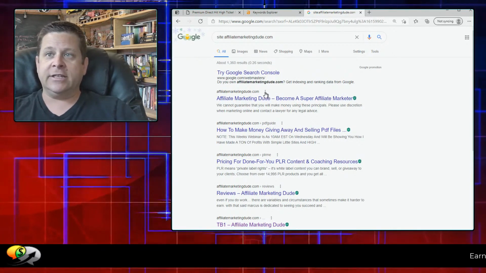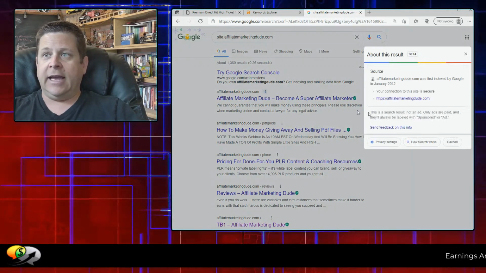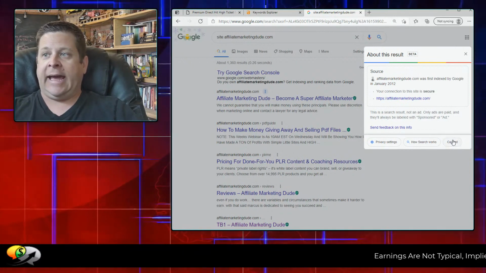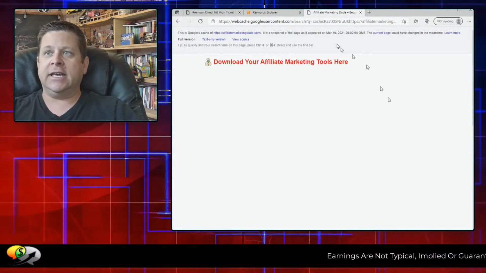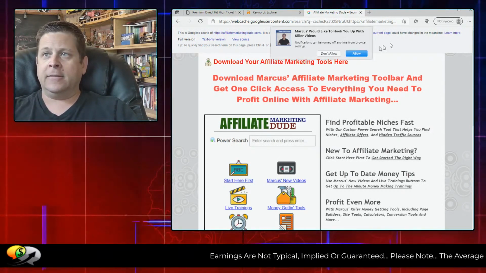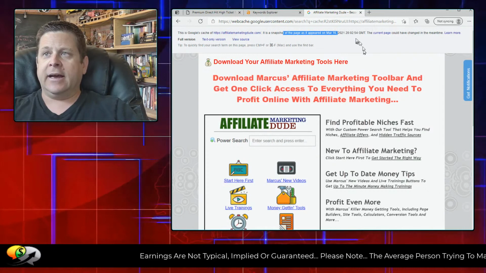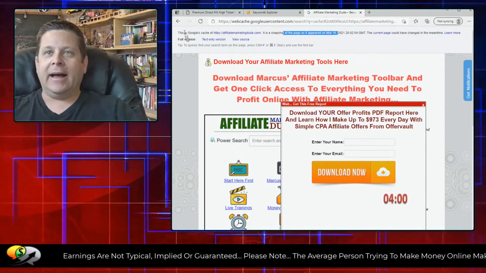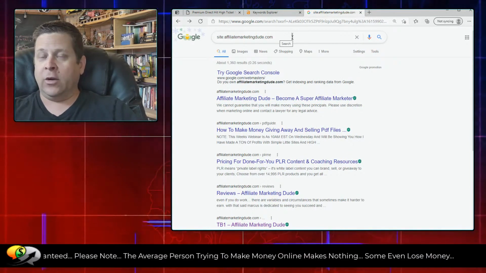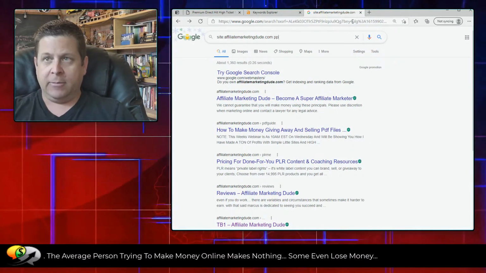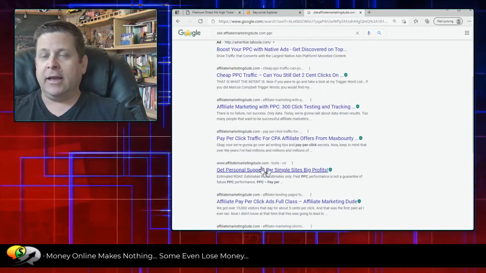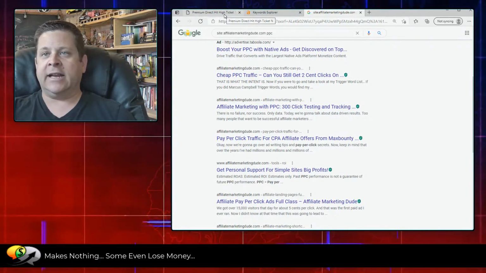And then you can actually click these 3 little dots here, and it'll show you when this was last indexed, everything like that. So we could hit cached, and on cached, you're going to see this was last indexed on March 16 at, I don't know, 8 o'clock or something like that, whatever military time is there, right? And you could actually see which pages are there. And then if you do site: whatever your site is, and then you say something like pay-per-click, you could find the different posts that you have about pay-per-click. So it makes it really easy to see what's indexed and what's showing up.